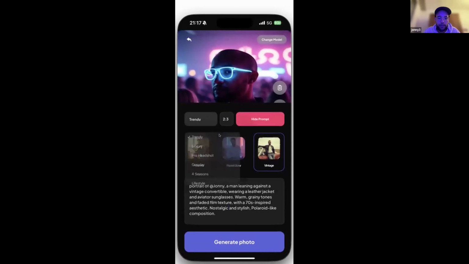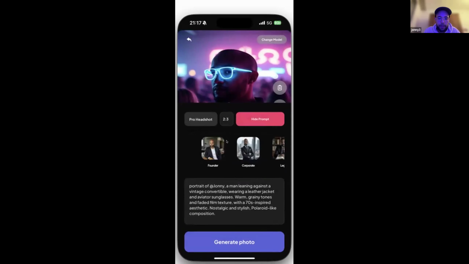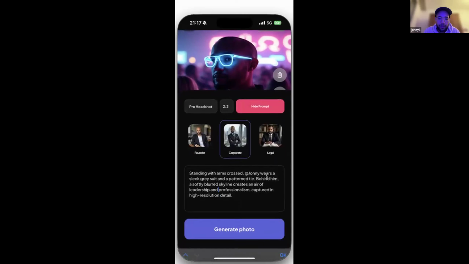So you can see that if you need a professional photo, and you want a white suit and not a gray suit, you can edit that. Just change the prompt here to white suit,